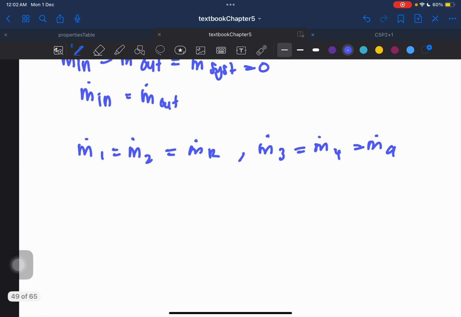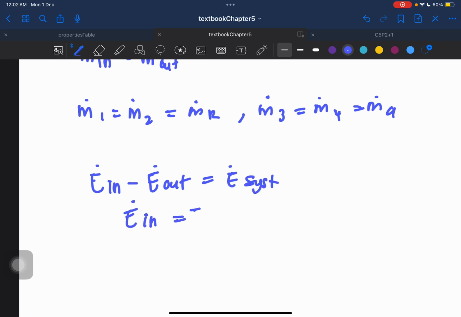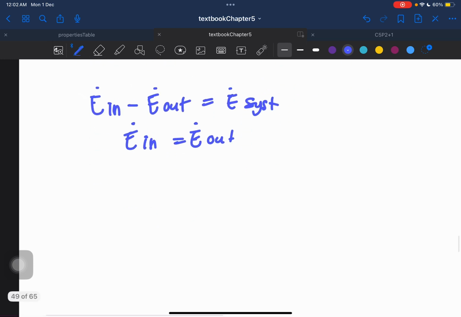Okay, and now we can write the energy balance. We know that the formula for energy balance is E dot in minus E dot out equals E dot system, and E dot in equals E dot out because the change is equal to 0. Now what do we have here? We can write Q dot in plus